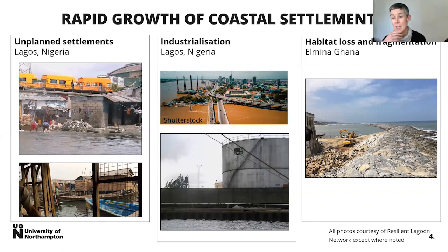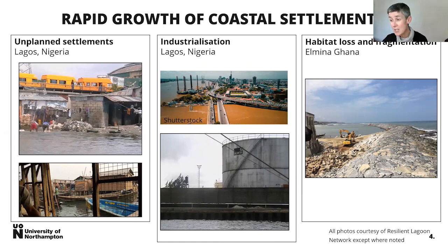examples here. So those unplanned settlements are really driven by migration to coastal urban areas, and that's mainly an economic migration that's driving people there. That's leading to big urban sprawl at the coastlines, and those large urban areas are really lacking in infrastructure that will help us to manage waste, manage resources that then impact the marine environment.